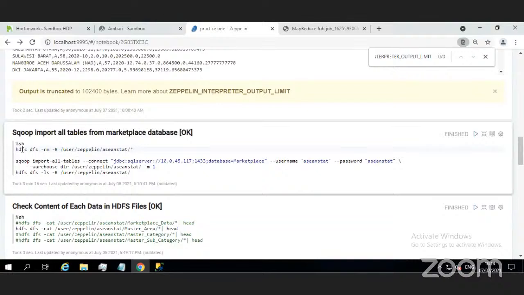to one level below the asean-stat directory. Don't remove the asean-stat, but the one level below asean-stat. And then you can continue by specifying Sqoop import-all-tables, the connect with the connection string, username, password, and don't forget you specify